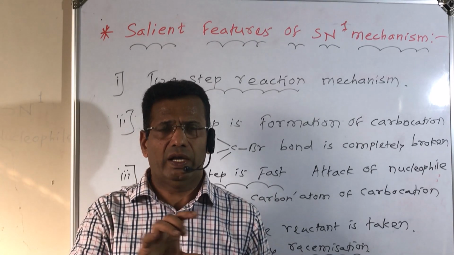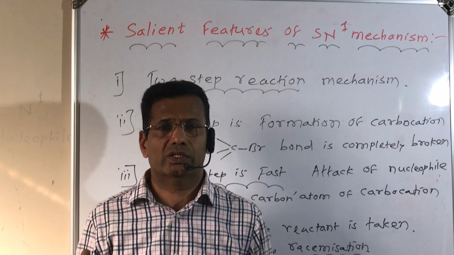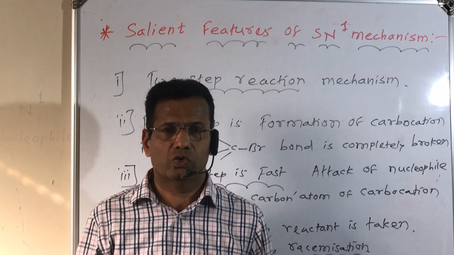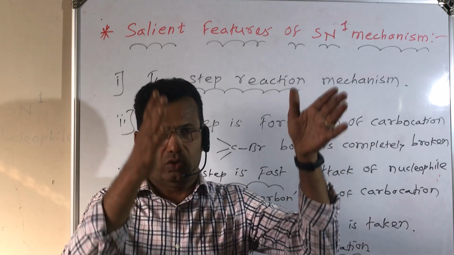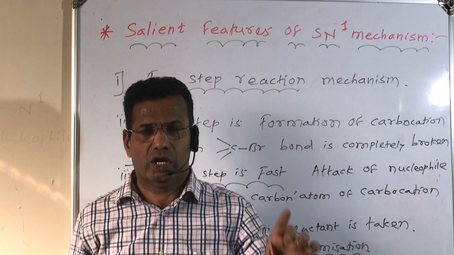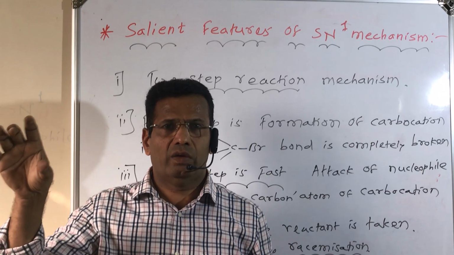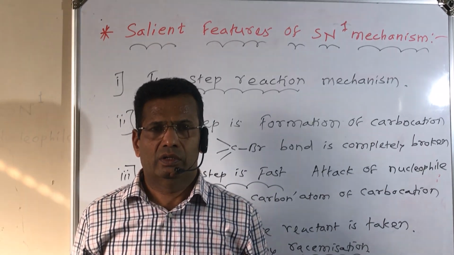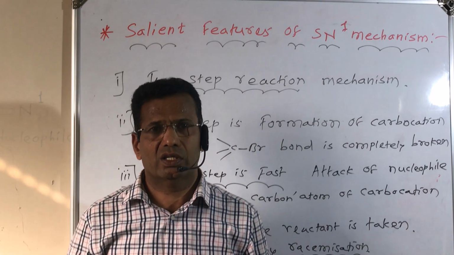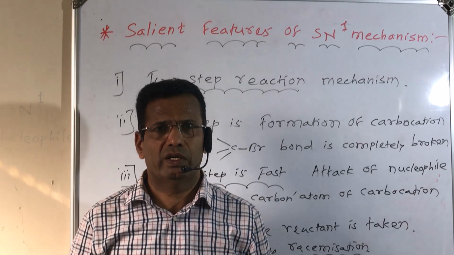Now take one final question on this SN2 and SN1. Distinguish between SN2 and SN1 reaction. Question will be asked for 2 marks. You must write 4 points. In first column you will write SN2 and then SN1. Long form, step, rate and example. Here also long form, step, rate and example. So here we have completed SN2 and SN1 reaction. These are very important reactions as far as CET examination or board examination will be considered.